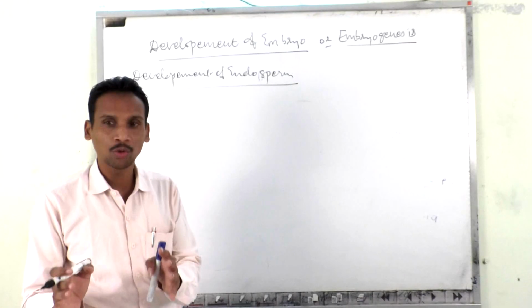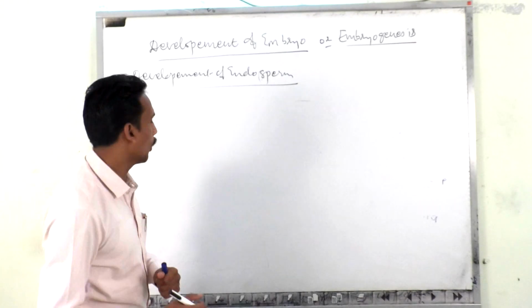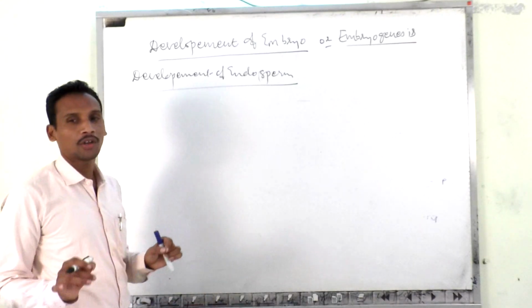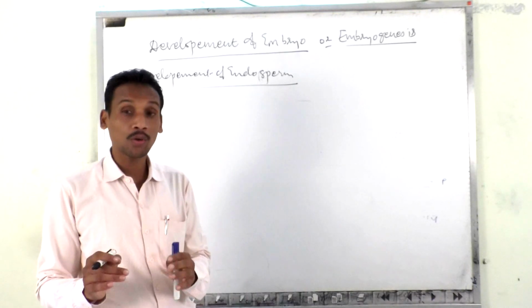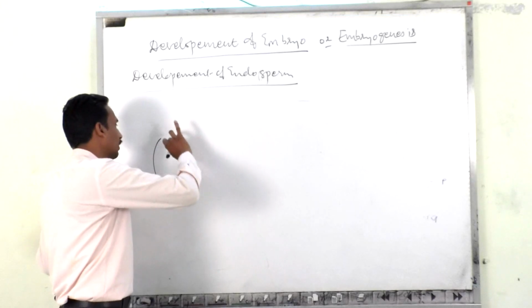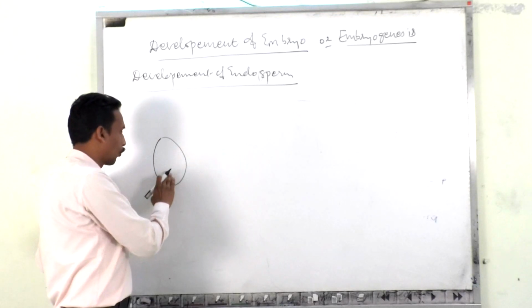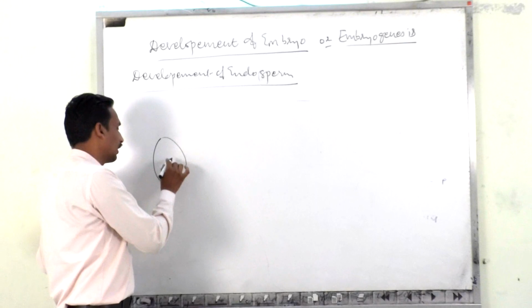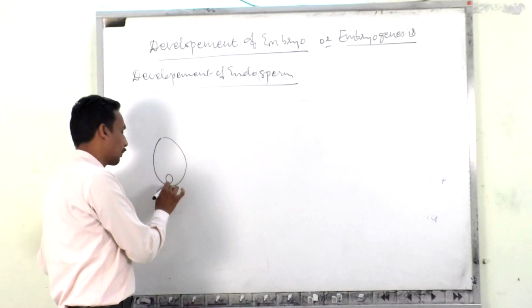Simultaneous यानी वो एक साथ ही होने वाले processes हैं. So first of all we have to know where that particular embryo is produced. वो embryo कहाँ पर तैयार होता है, that we have to see. And here you see that this one is nothing but the ovule. Inside that ovule is the embryo sac. In this embryo sac, there is the presence of the egg.